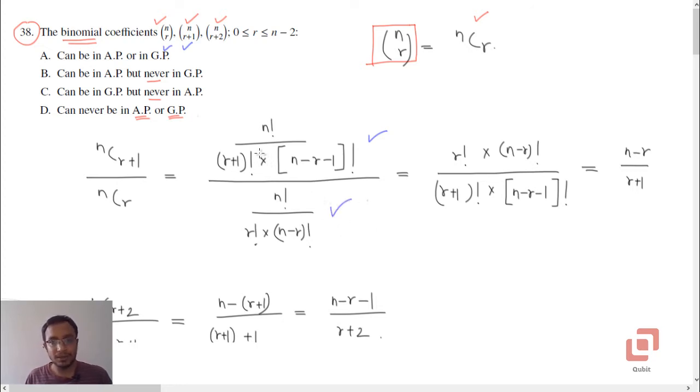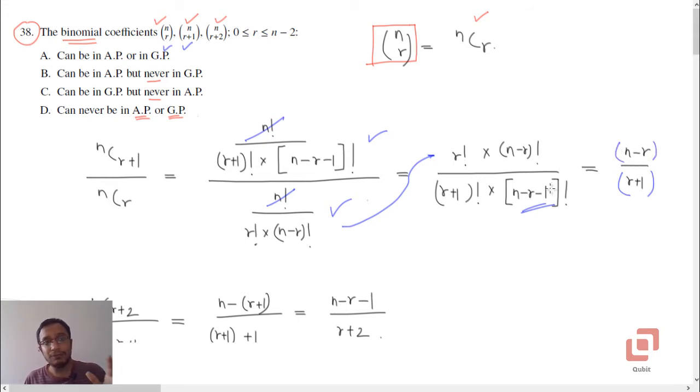Now this will lead to the cancellation of n factorial. So r factorial into (n minus r) factorial, those two terms will go in the numerator, and these two terms will sit in the denominator as they were already sitting there: (r+1) factorial into (n minus r minus 1) factorial. Using the reduction formula for factorials, r factorial upon (r+1) factorial will give us simply r+1 in the denominator, and (n minus r) factorial divided by (n minus r minus 1) factorial will leave only n minus r in the numerator.